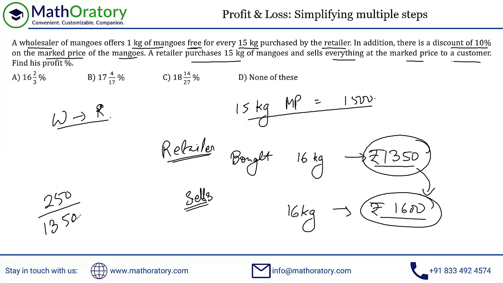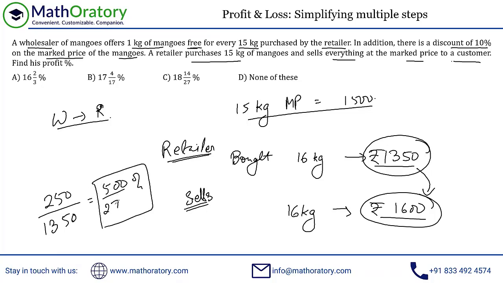Now coming to the calculation bit, you can cancel out 50 out here, or if you are finding trouble to do that, just double the numerator and denominator. You get 500 by 2700, where the 00 goes off, and then you have something like 5 by 27. So this converted to percentage will be 500 by 27%.